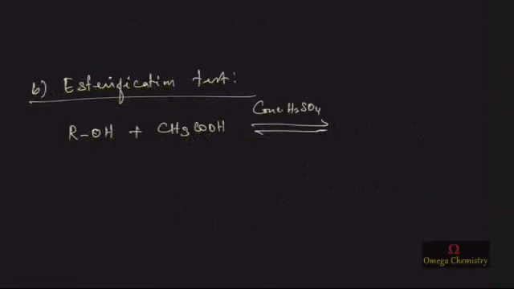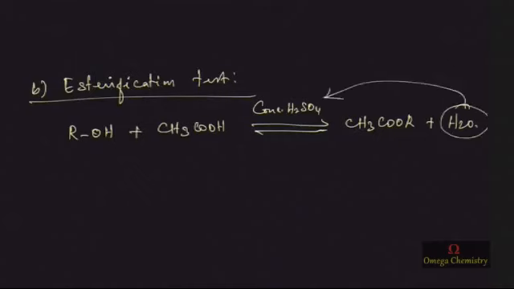The next is the ester test. When alcohol is added to acetic acid, or any carboxylic acid, in the presence of concentrated sulfuric acid, esters will be the products. So we will get an ester and water. This reaction is also known as Fischer esterification, is in equilibrium, and the forward reaction is favored by the removal of water by the concentrated sulfuric acid. As esters are sweet smelling or fruity smelling substances, we can confirm the presence of alcohols from the smell. However, phenols will not react in this reaction as the reaction is very slow.